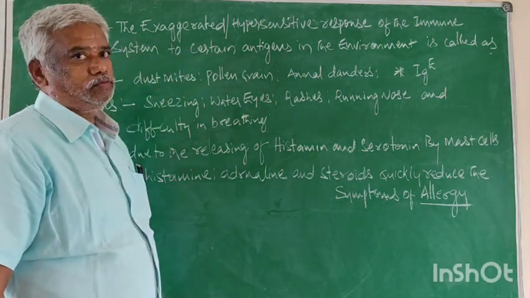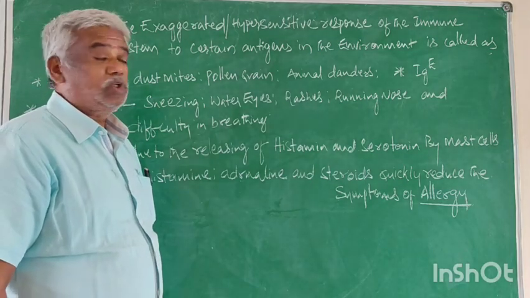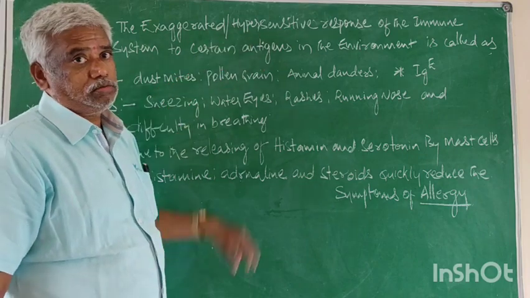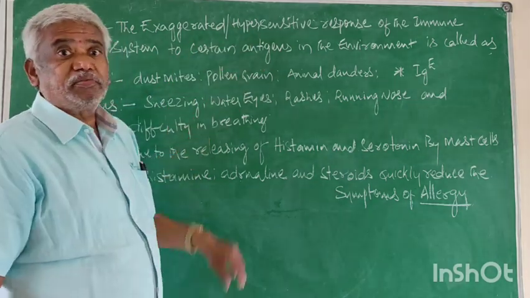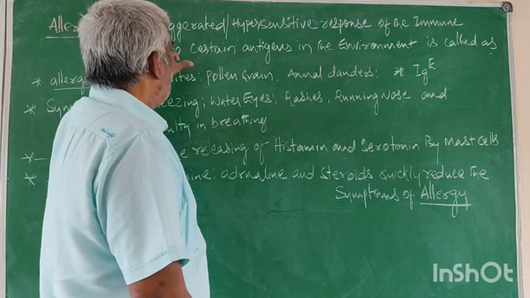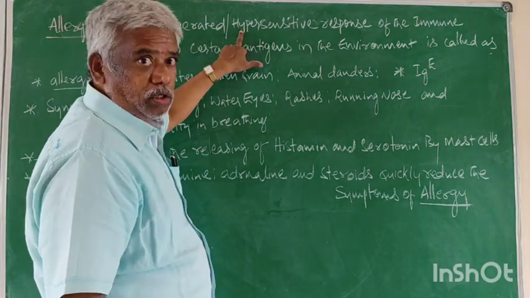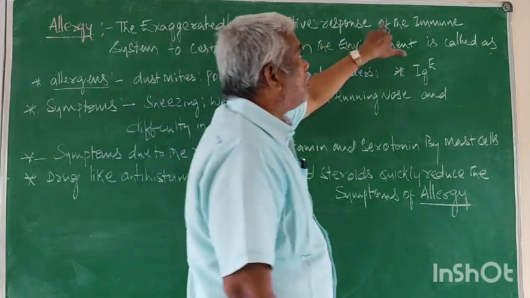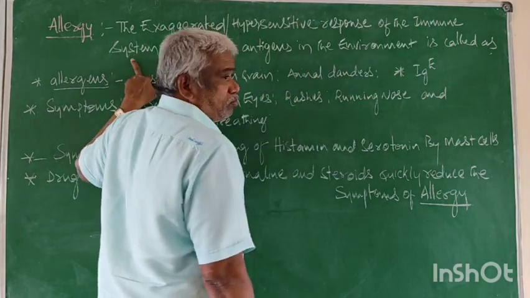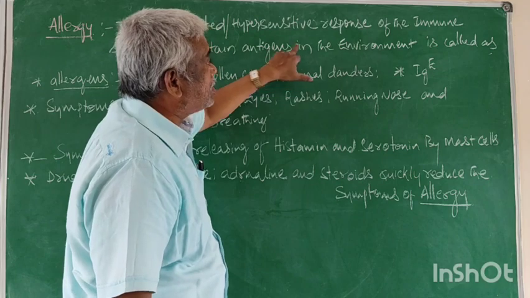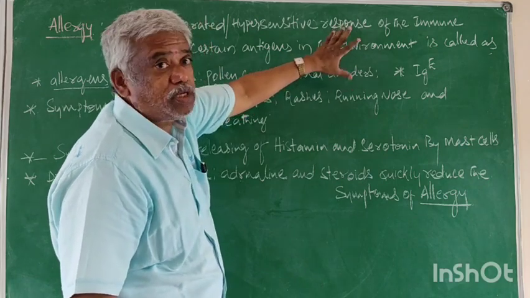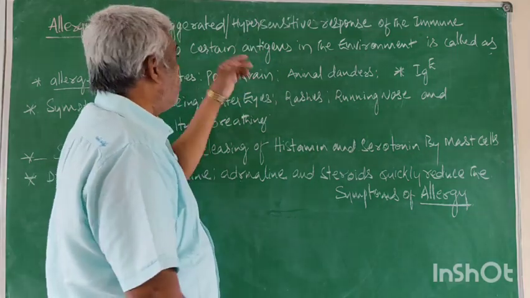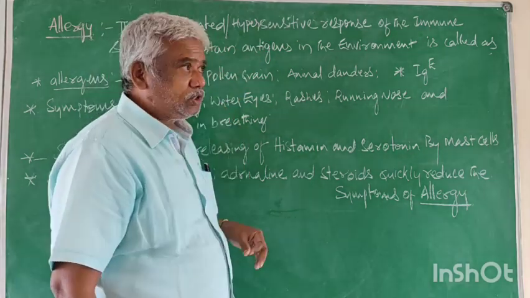Exaggerated. First of all, you know the meaning of these 2 words. First of all, you study the definition. Exaggerated or hypersensitive response of the immune system to certain antigens which are present in the environment. This process is called allergy. According to the definition,